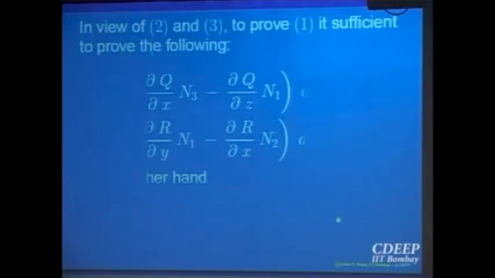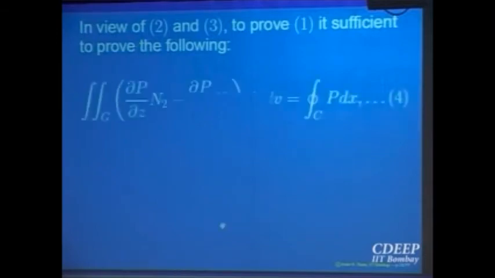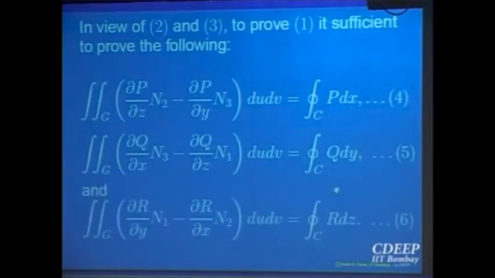So let us write that. This is how mathematicians would write a proof. To prove 2 is equal to 3, it is enough to prove the following things: namely, this is equal to this, that is, terms containing Q, the integral is equal to the line integral over Q, and that over R. So it's kind of reducing the problem to smaller bits. Each bit is going to be proved now. So we'll prove equation 4 is true, and then similarly 5 and 6 will be true.